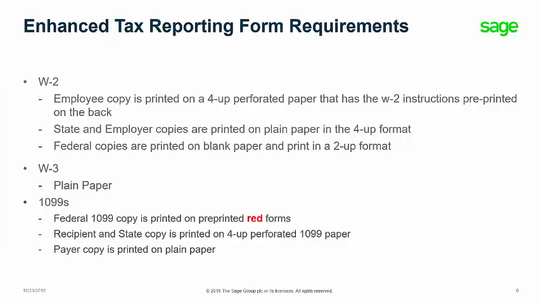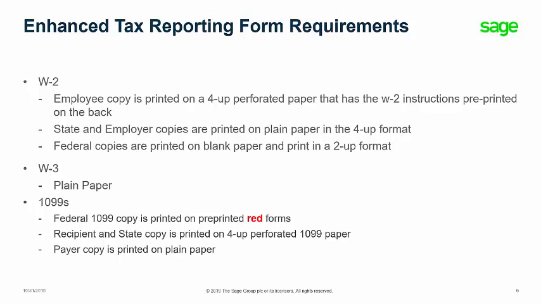For the W-2s, the employee copy is printed on a 4-up perforated paper that has the W-2 instructions pre-printed on the back. State and employer copies are printed on plain paper in the 4-up format. Federal copies can also be printed on plain paper, and they will print in a 2-up format, which is acceptable